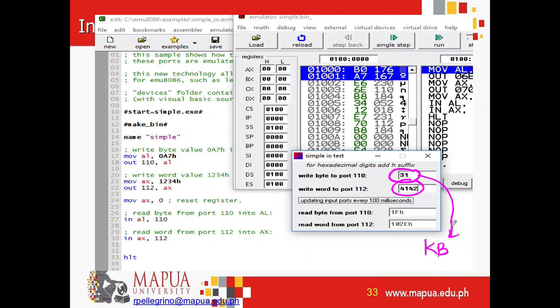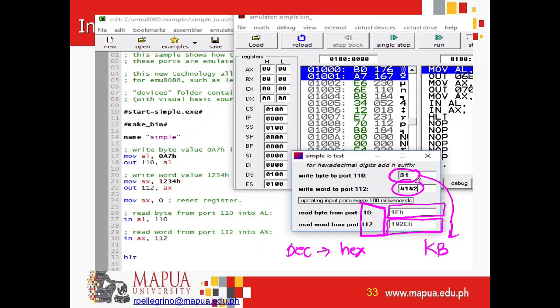This keyboard will serve as your input device. Whatever is inputted to the keyboard will be outputted here in this given port. Say for example, this is your output port. Now, the output converts decimal to the given hexadecimal value.